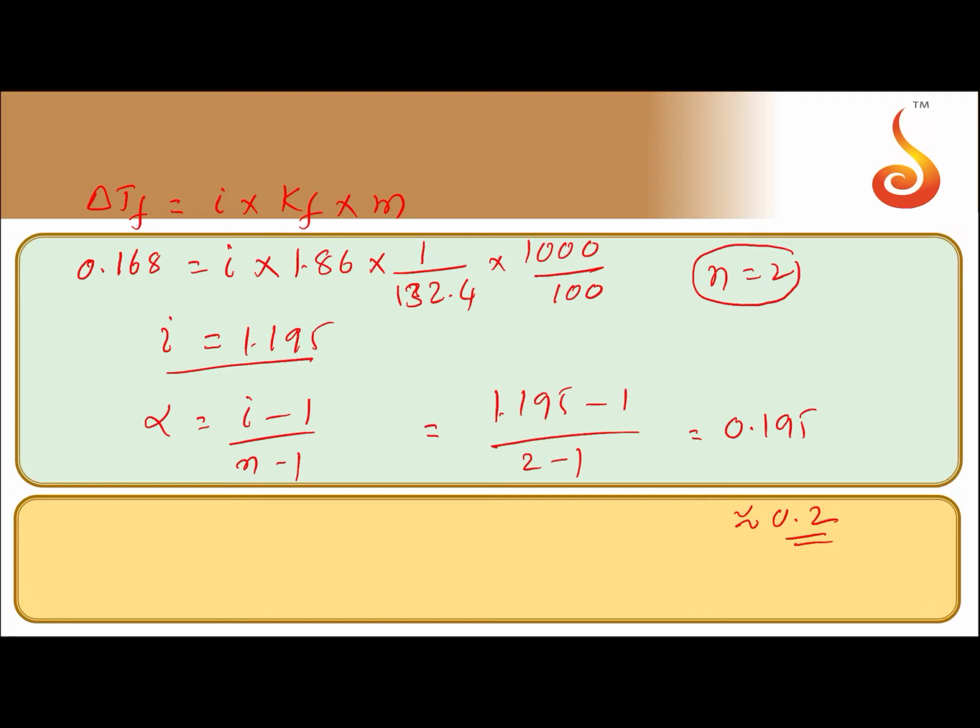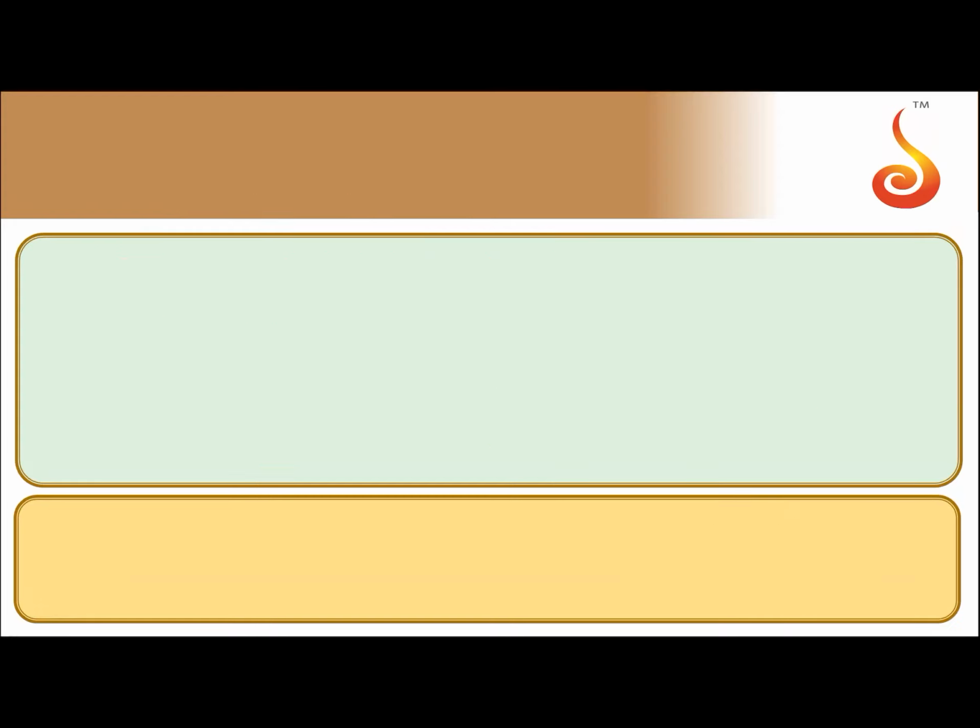So knowing the value of alpha, we can find out the value of Ka. Because Ka is equal to C alpha square by 1 minus alpha. Here the alpha value is found to be 0.2. 0.2 means 20%. When the value is 20%, we can't ignore the value of 1 minus alpha. So 1 minus alpha should be considered here. So now Ka is equal to, the value of C means actually molarity. For a very dilute solution, we can take molarity as molality itself. So the same thing we are using here.